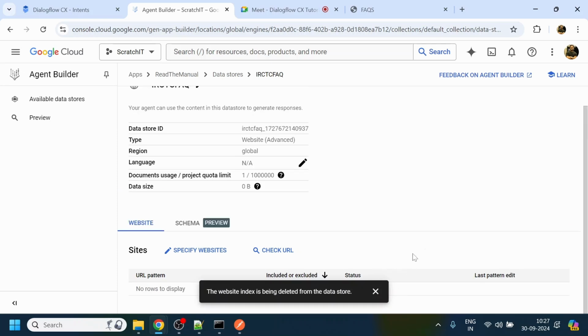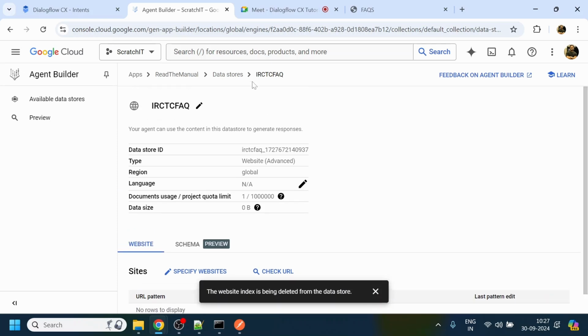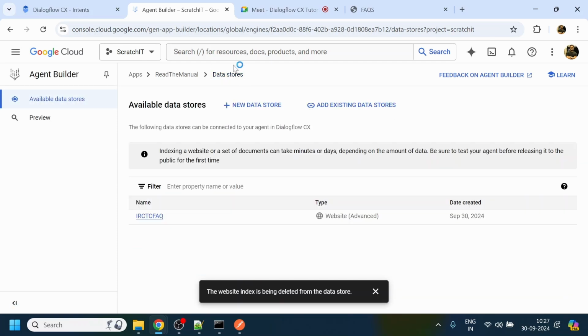But there is another alternative if you want to integrate your HTML pages. What you have to do is